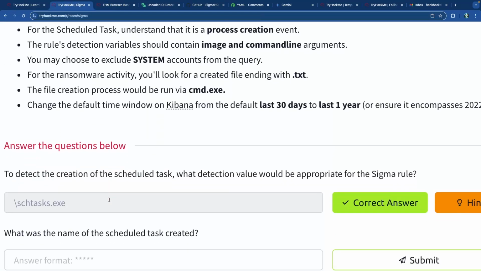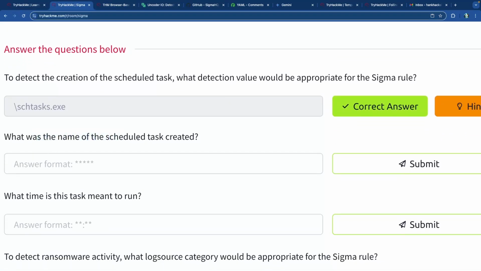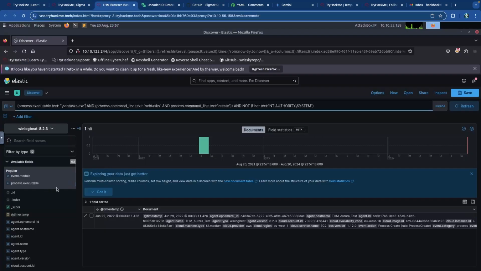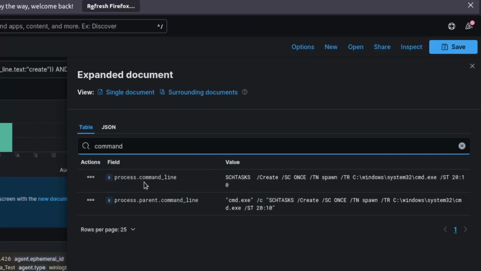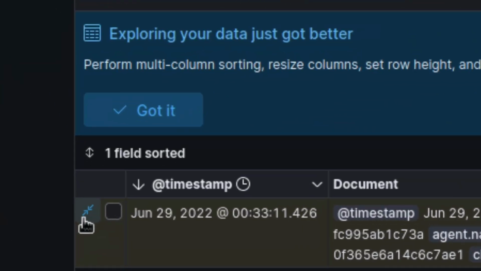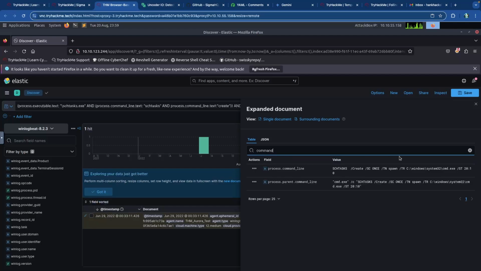So what's the question that we're trying to answer? It says, what's the name of the scheduled task that was created? So let's try to find that real quick. Okay, so here we go. Process command line was the field. So I opened it up using this little button right here, and then inside of the search bar I just typed in command. And as we saw with our